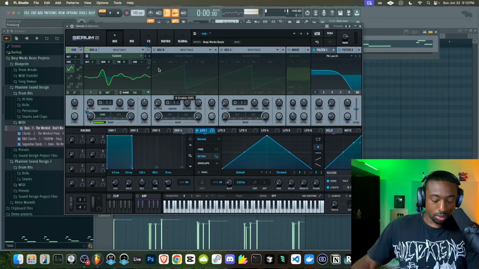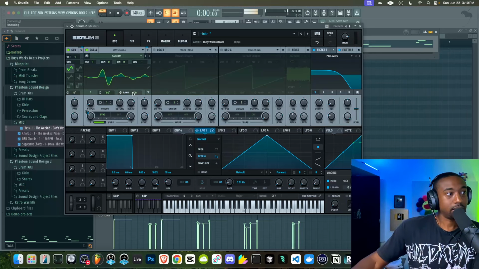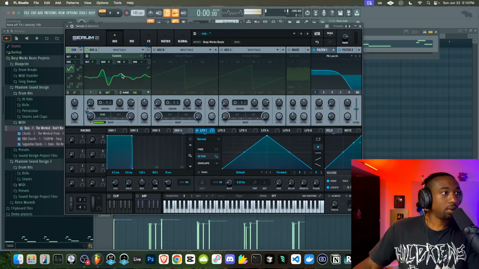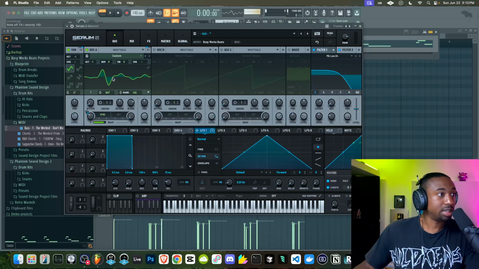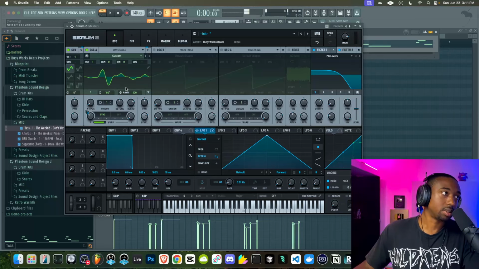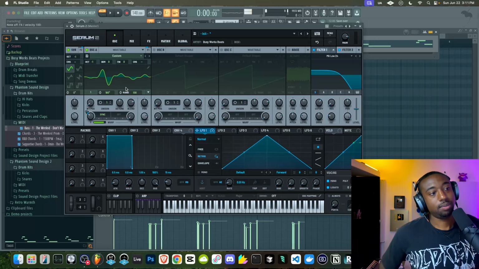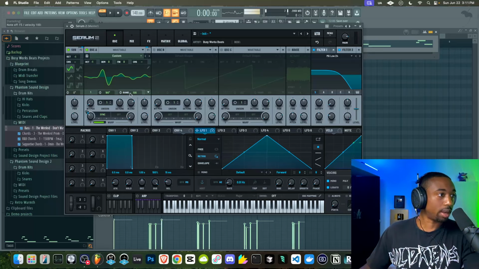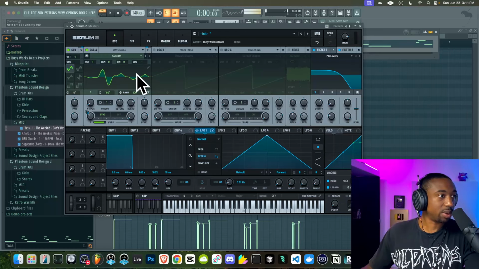Now, another thing we could do is, now by default, this is already set to random phase, meaning every time I hit a note, it triggers at a different position on this wave. Okay, so it's not going to just pull from the same spot every single time, because what that will do is create potential wave cancellation and a lot of flaw. So this is random, okay? It's looking at this waveform and it's going to randomly position itself.